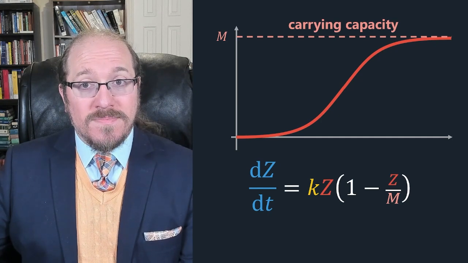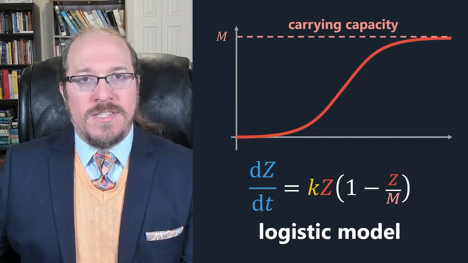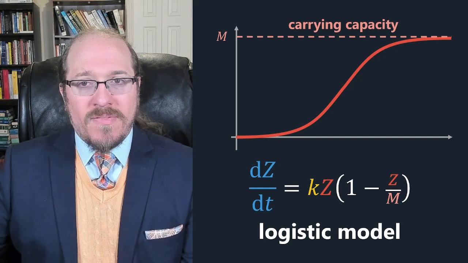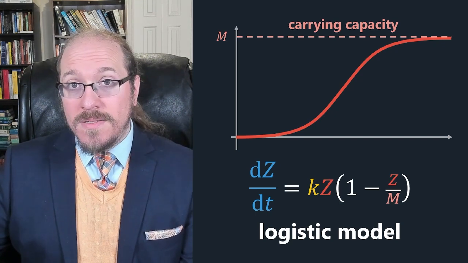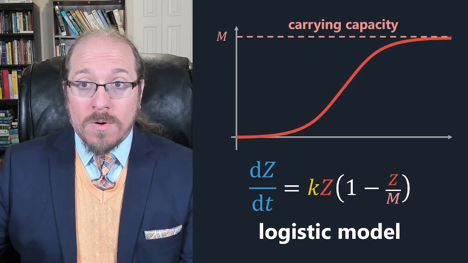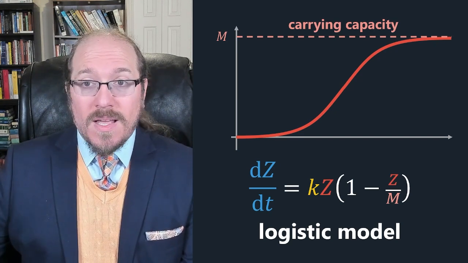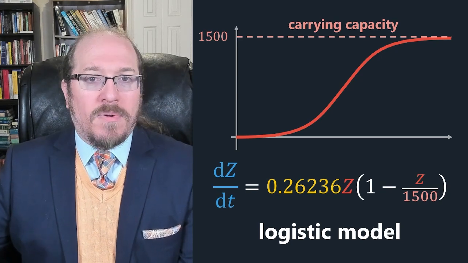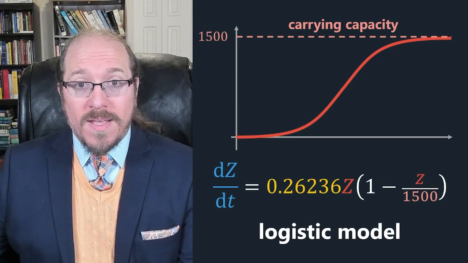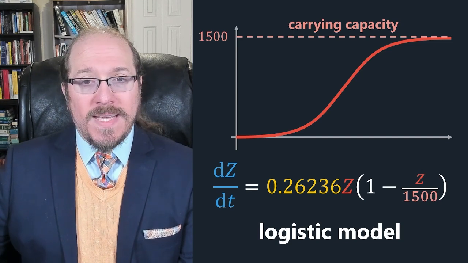you see here. This is called a logistic model, and it's often used to measure anything that spreads, whether that be diseases, or rumors, or even social movements. In our case, we'll assume that the carrying capacity is 1,500. That's the approximate number of students at Oglethorpe, and that the relative growth rate is the same as it was